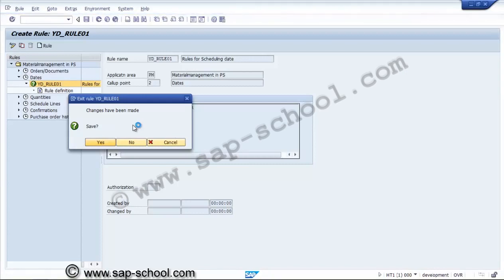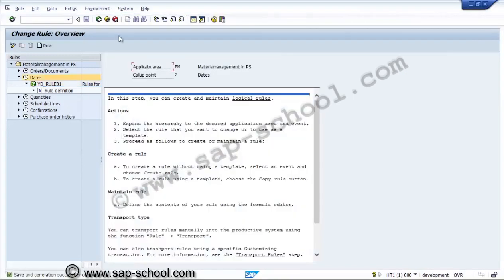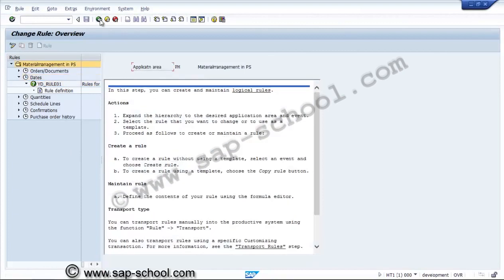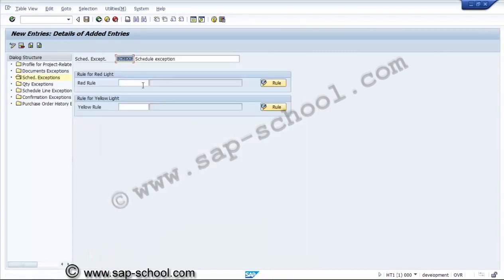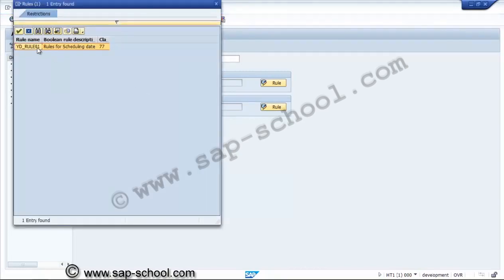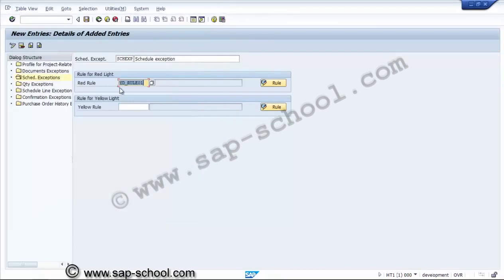Now once it is saved, we'll go back. Now here we'll select the rule that we have created, rule 01. This we have selected. So, rule for scheduling date.